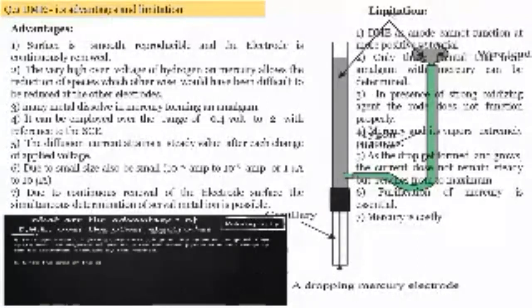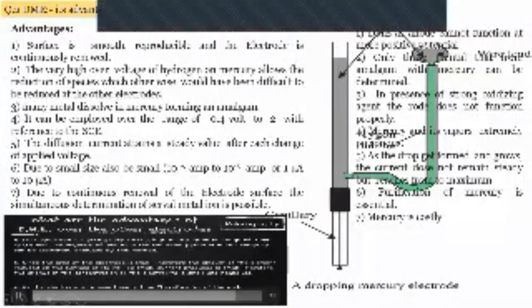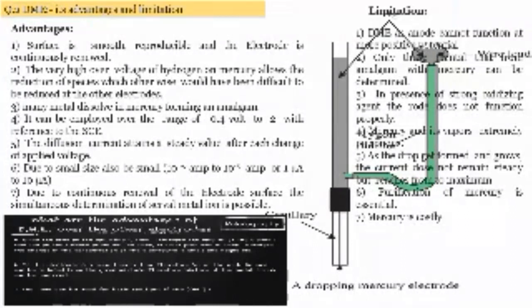Fifth, since the area of the electrode is small, the amount of the element reduced on the surface of mercury will be small. Current produced will be small. Therefore, the change in the concentration of the electrolyte is small and negligible. As the electrode is renewed every time, a number of metallic ions can be reduced from the given mixture. Therefore, a mixture of metallic ions can also be analyzed. The dropping mercury electrode can be used for basic solutions if the hydrogen ion concentration is greater than 0.1 and its reduction potential is beyond 1.4 volt.